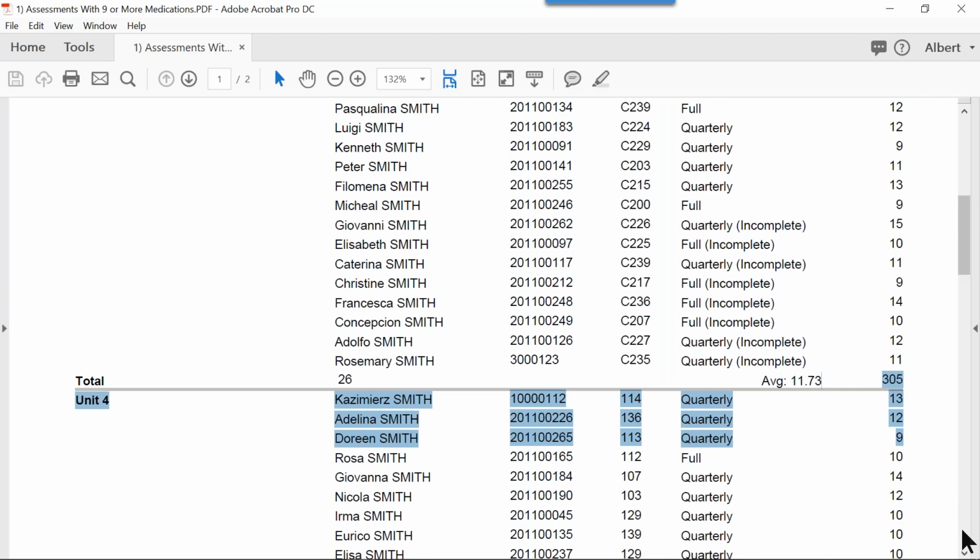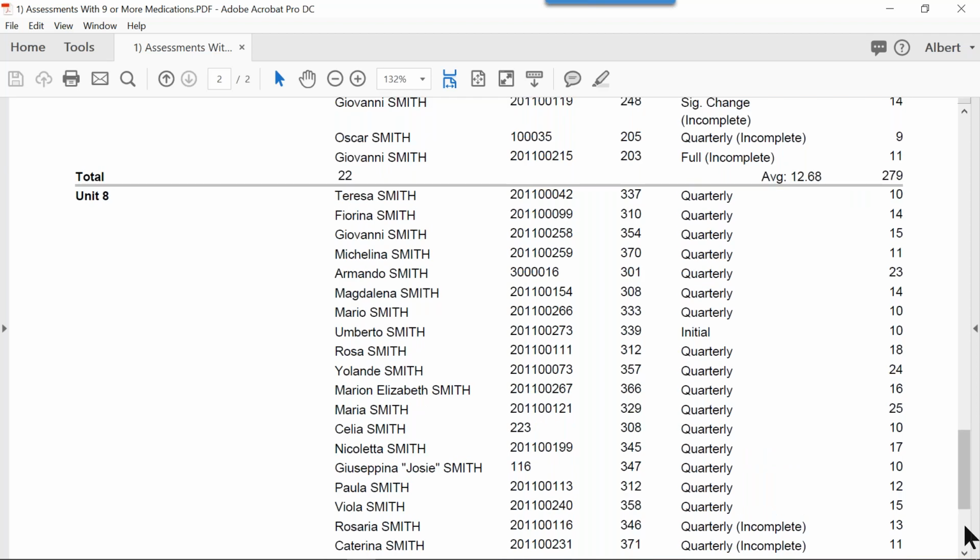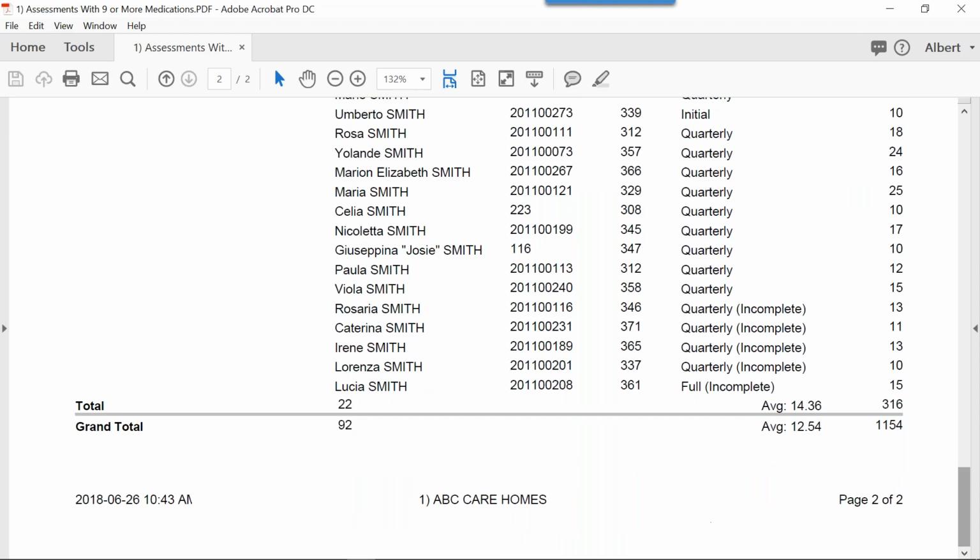Let me just go down a bit. On unit number 4, I've got 22 people, 11.5 medications on average. And then our next unit is unit 8. We're going to look at that one. You can see 22 people. And notice that 14.3